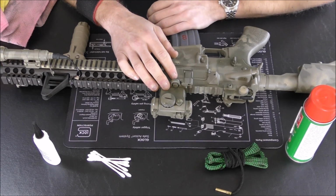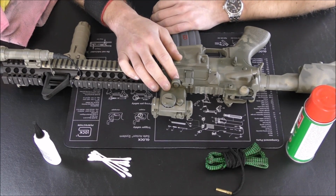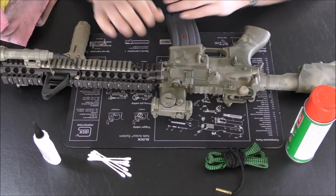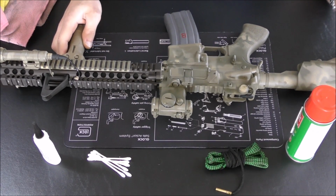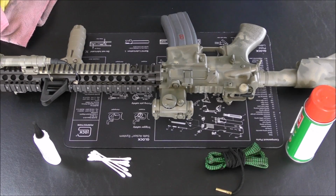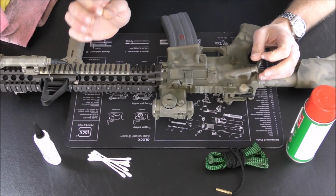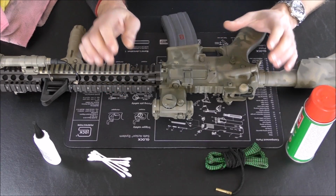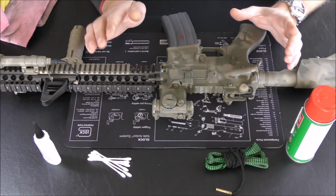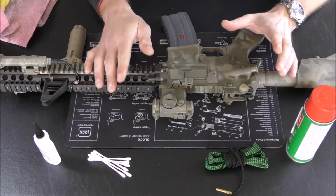I'm your good friend Bradley, and today, hey, let's clean an AR-15, shall we? We've got one right here, ready to be cleaned. It's not horribly dirty. It's had a couple hundred rounds through it, perhaps at the range. It's not a crazy white glove, you know, you've been shooting 1,000 rounds through it and now you need to scrub every little part, but just sort of the general cleaning that I would do after I've been to the